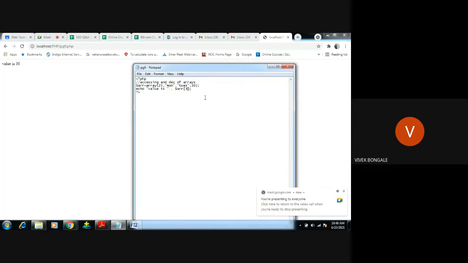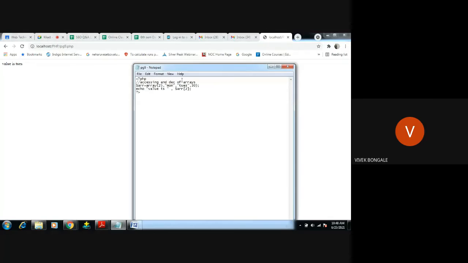What I will do, I will use 2 and I will remove this dot symbol and use a comma. Save. Value is Tuesday, as I said. So for concatenation, either you can use dot, or you can use comma, or no need of giving anything. But here we have to give a dot or comma because we are trying to access an array.